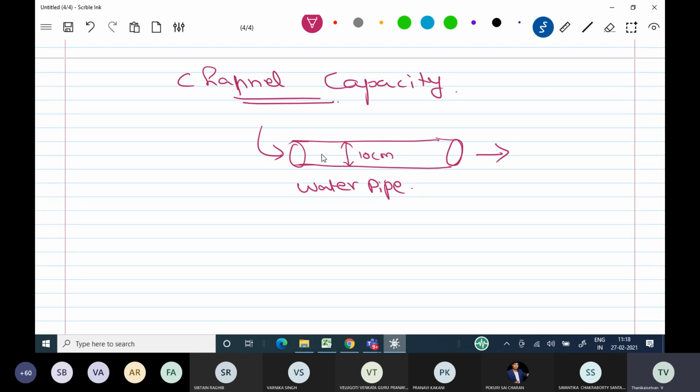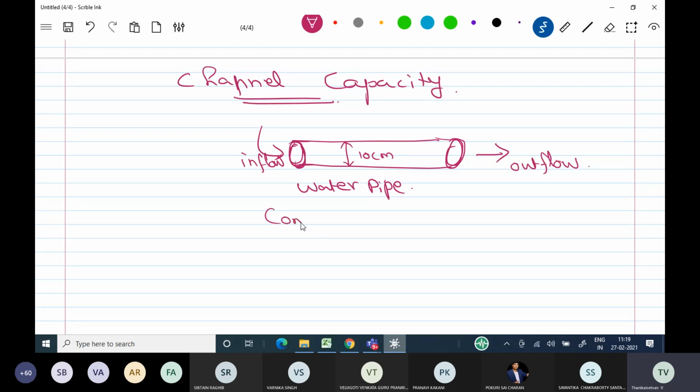If the water pressure is more than that, it cannot handle it, because the pipe diameter is 10 centimeters. Based on that, water inflow will be there and then water outflow will be there. Like that only,